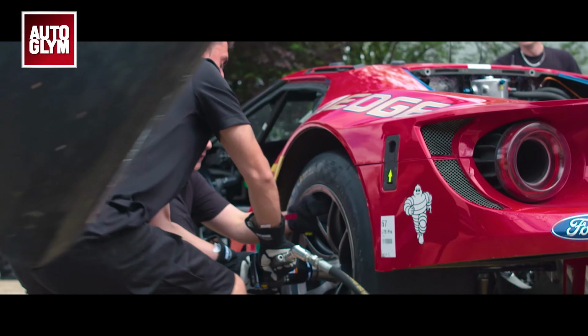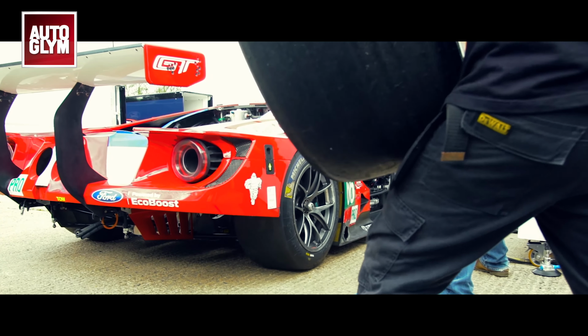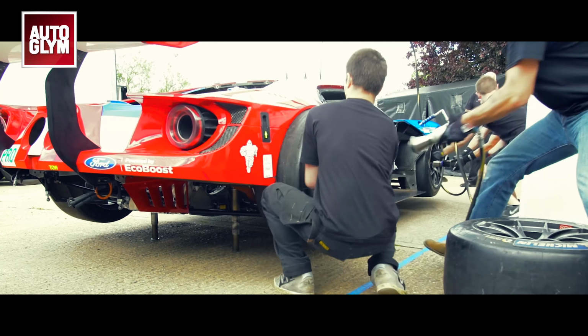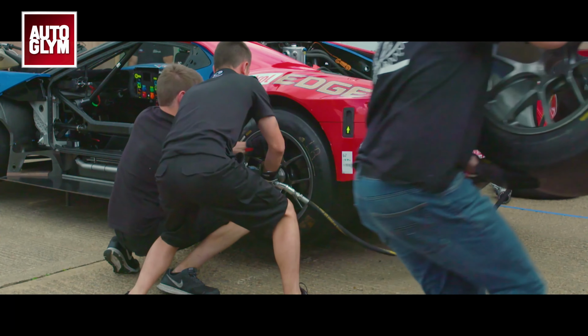It's because when we practice here, the pressure's off. If we drop a wheel nut or the wheel jams, okay, we've lost 5 seconds. But in a race, that 5 seconds takes on much, much more. So it's someone who does it as a routine and is very quick, but equally, if it goes wrong, they minimize the impact to us. What potentially could be 10 seconds lost, if someone's familiar and quick to respond, can be 2 seconds,